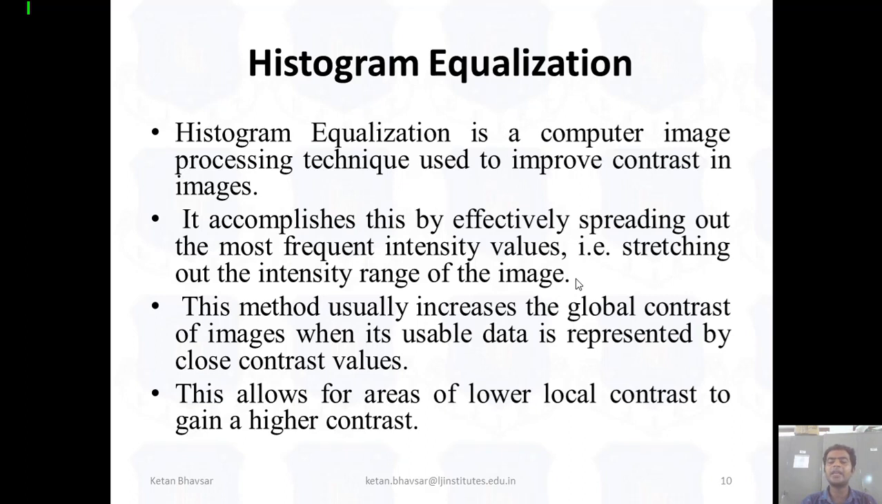This allows areas of lower local contrast to gain a higher contrast value. Definitely we can increase the contrast as much as possible with the help of this method, because the lower value or lower contrast has a limited number of values. After applying the histogram, you can try to improve